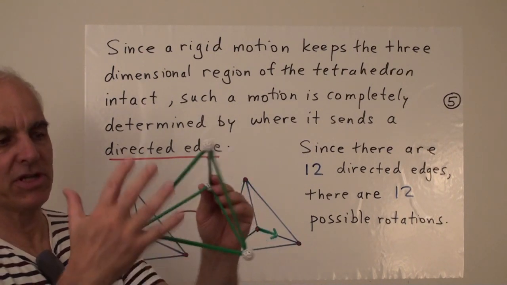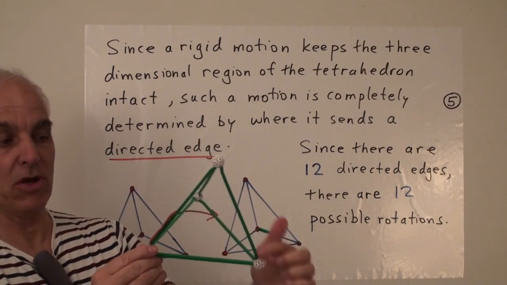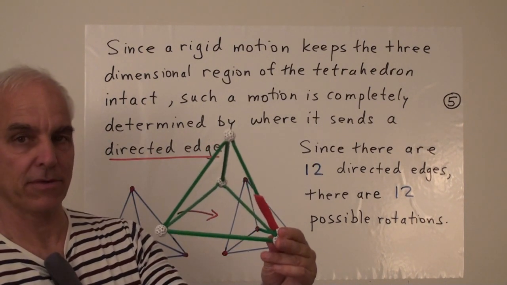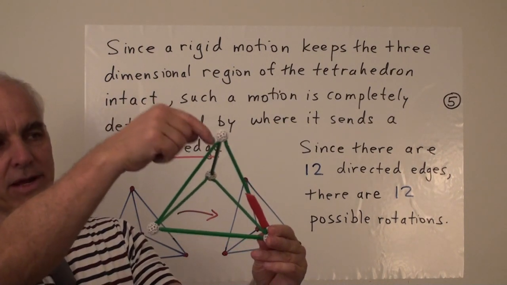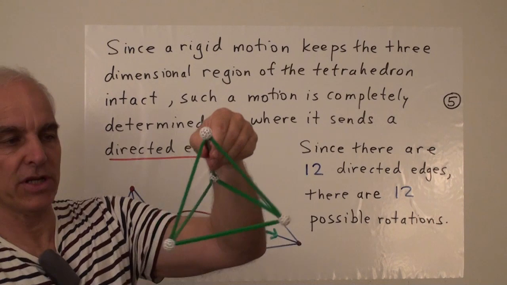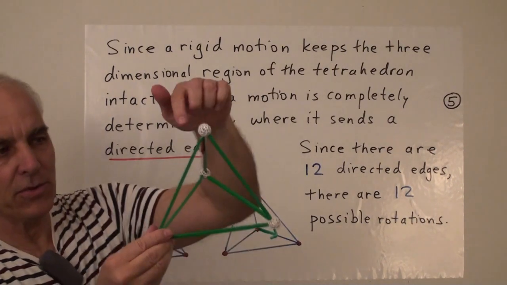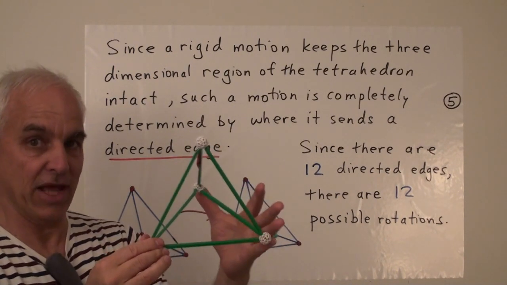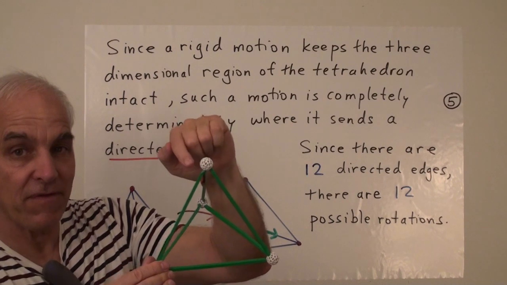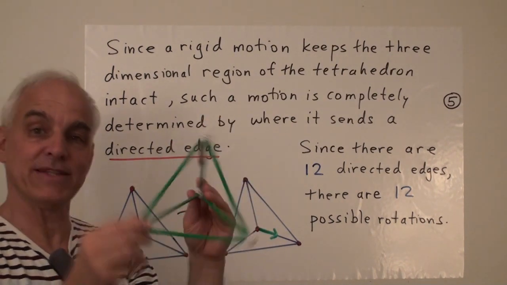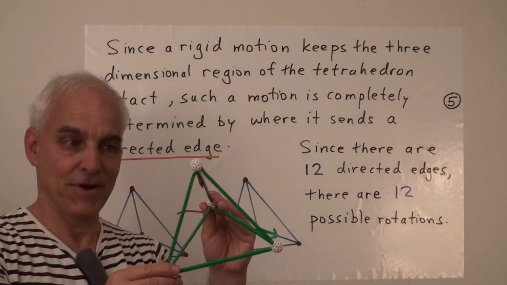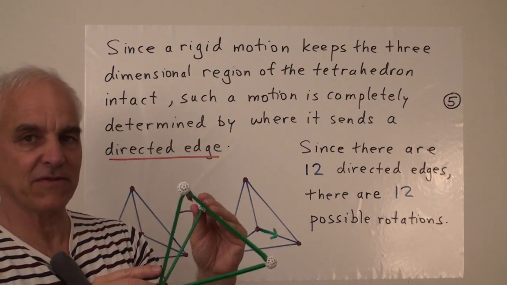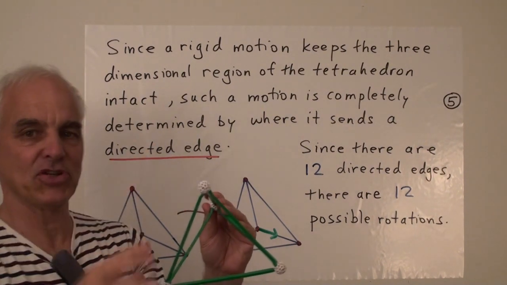For example, if I know that I'm going to still be in this same configuration, but the red arrow is going to be over here, then there's only one way of arranging things, namely there. Or suppose that I want the red arrow to be up here, then there's only one way of arranging it, and that's like this. So in other words, if I know that the position of the tetrahedron has to be the same position that it started with, and I know the position of the red arrow at the end, then I know exactly what's happened to the whole thing. Right? The red arrow just by itself, this little one-directed edge, completely specifies the relative positions of everything else.